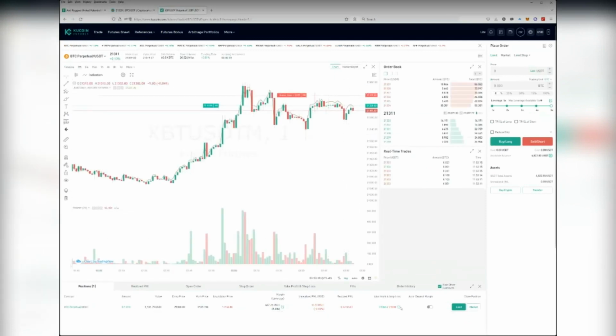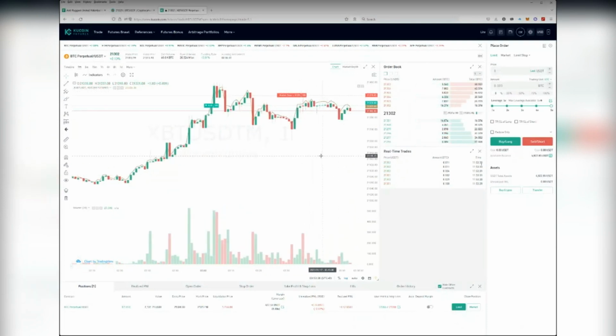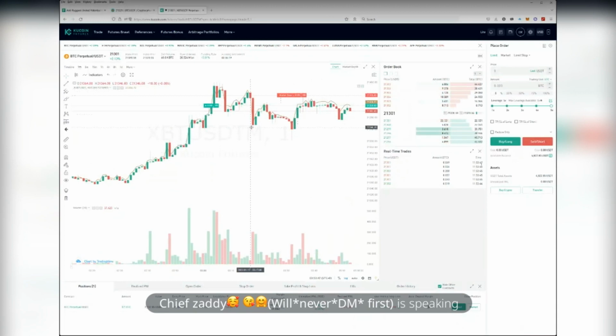Other than this thing, but yeah, this is what I mean. Normally you could edit your stop losses on Kucoin right here. If this was an awesome, amazing app, you'd be able to take this stop loss and drag it up and down. Same thing with take profit, be able to drag it up and down based on the chart. But I don't really know if any crypto exchanges actually do this. I know for stocks, the platform I use, I'm able to do that. I think Binance does it. I think there's a setting you have to set on Binance, so you could drag your stop loss and take profit.